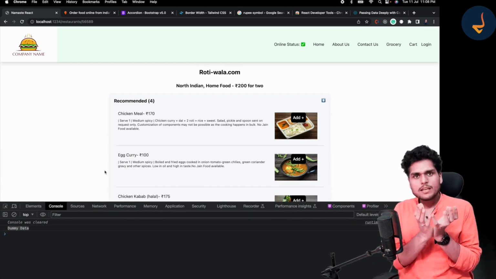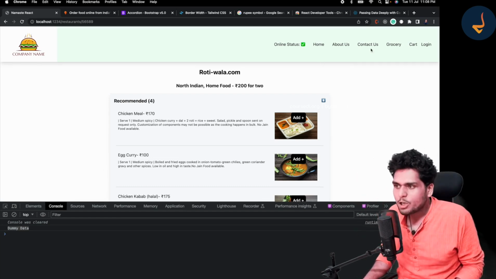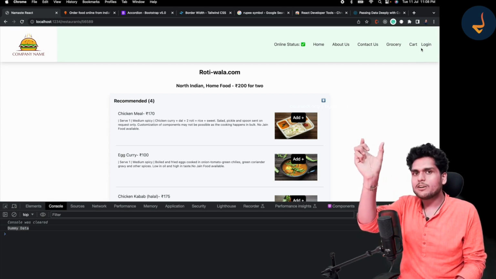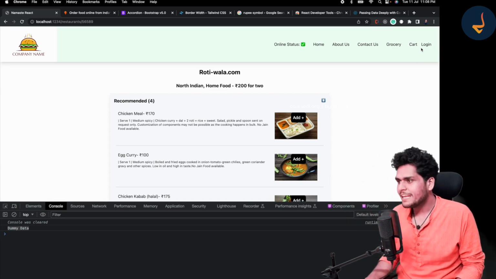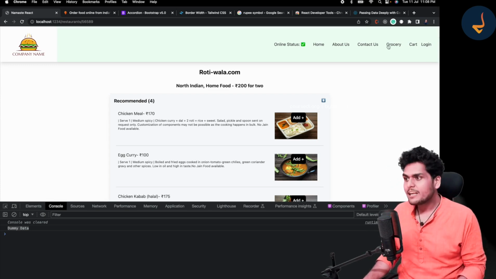Have you ever thought that once the user logs in, sometimes we need that login information inside the header also, right? Sometimes you must have seen that it shows the name. If we go to Gmail, on the top right hand corner, it shows your name, Akshay, right? The logged in username. In the place of this login, suppose we want to show the logged in username, and that logged in username